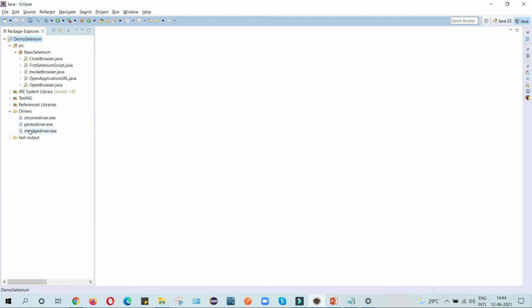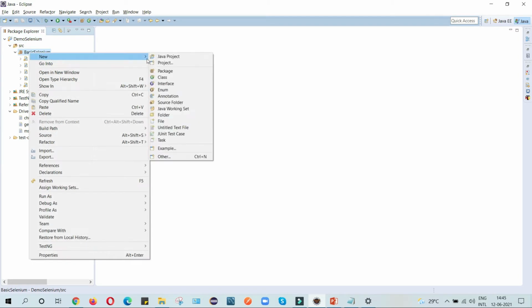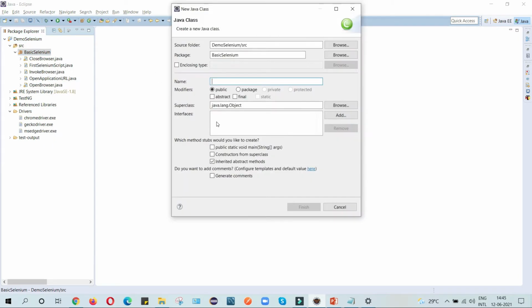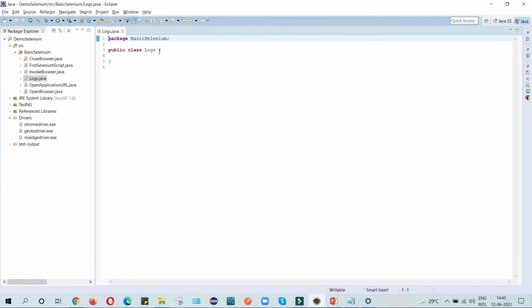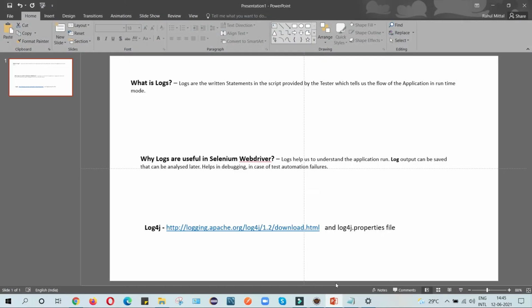Now what will we do? We will first create one class here, logs. And before that we have to put the log4j jar file, as we already said that we need the log4j properties file also.